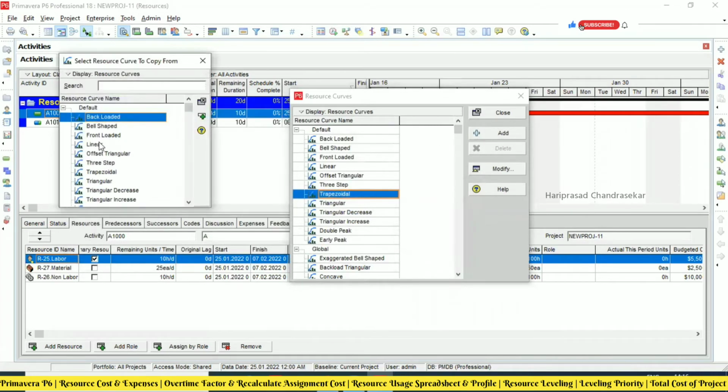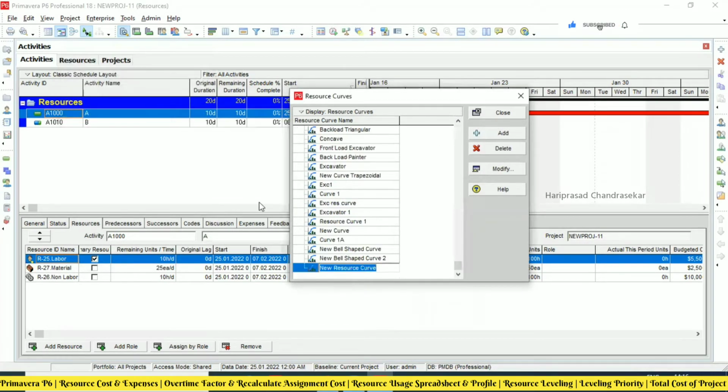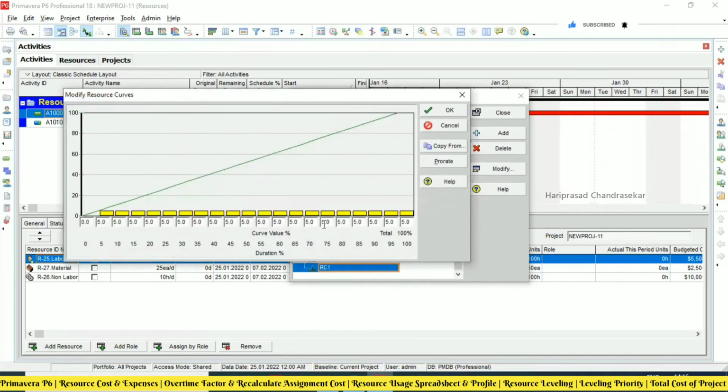For example, you can take something like a template, and then we can put our own resource curve. Okay, then click modify, then we can modify the values. So for the distribution, I am putting the percentage.